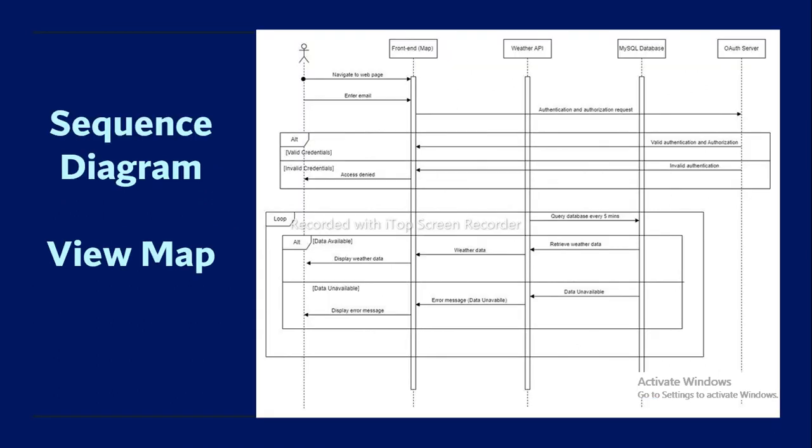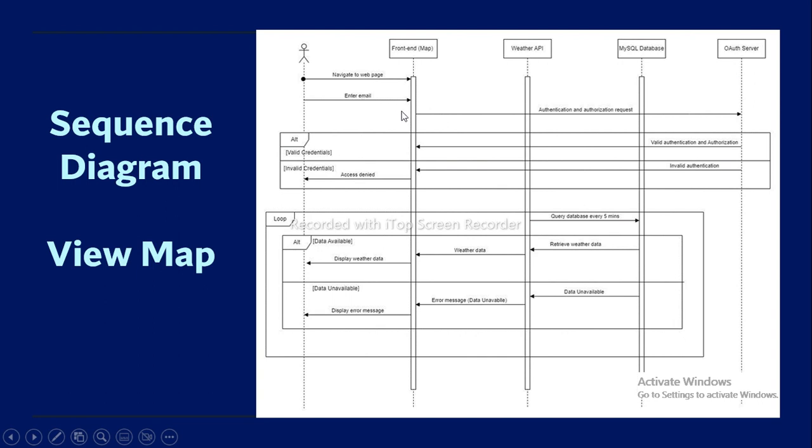And here is the sequence diagram for the map viewing. Let's say this is an authorized user, so he will navigate to the web page, and this is the front end. Let's explain this. The front end is the map, and the weather API is there, the MySQL database is there, and the authorization server is there. Once a user is trying to log in, he will navigate to the web page and enter his credentials,